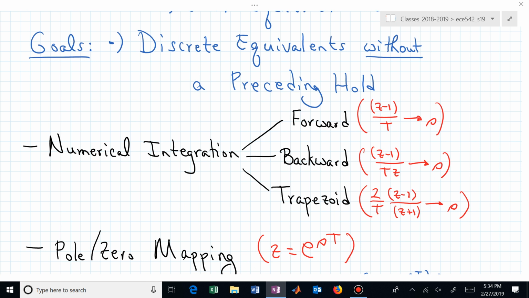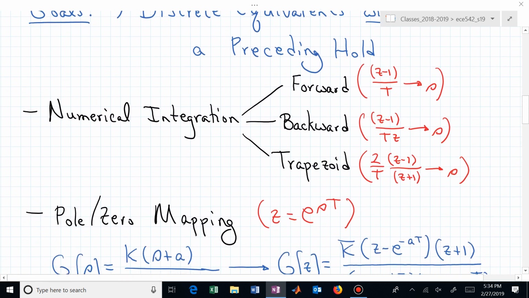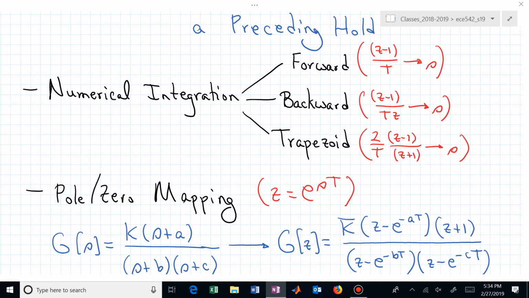And we'll do that a couple of different ways, or main ways: numerical integration and pole zero mapping. With numerical integration, we will actually do it 3 different ways. We'll do it with forward numerical integration, backward numerical integration, and trapezoidal, or maybe you've heard of bilinear